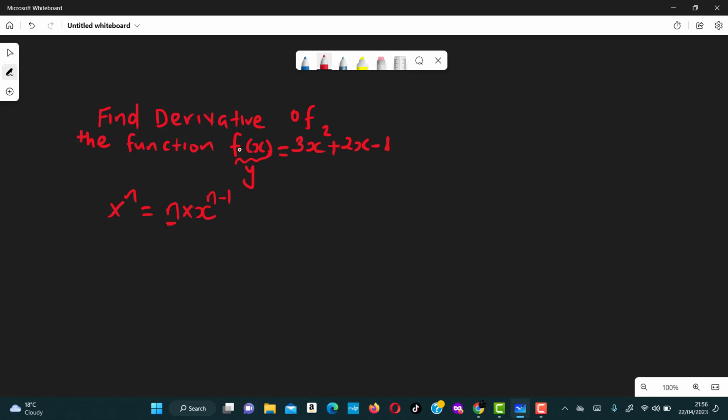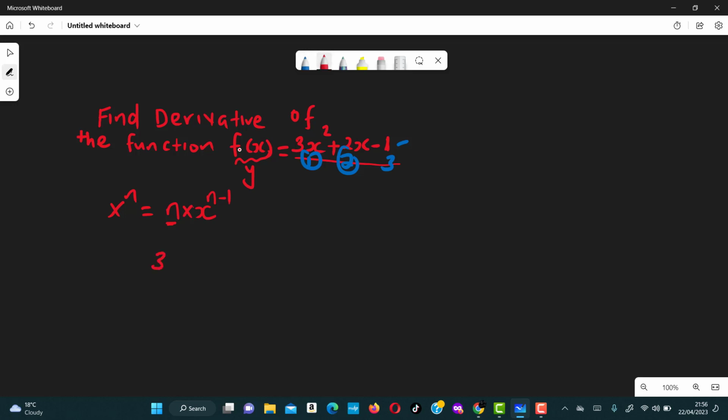Now, the first step you're going to do is, this is called a polynomial equation, and we are going to take the derivative of each term in the function separately. You will find that we have got three terms here. We have got 1, 2, and 3. The last one is called a constant, and for us to differentiate, we shall start with the first one,